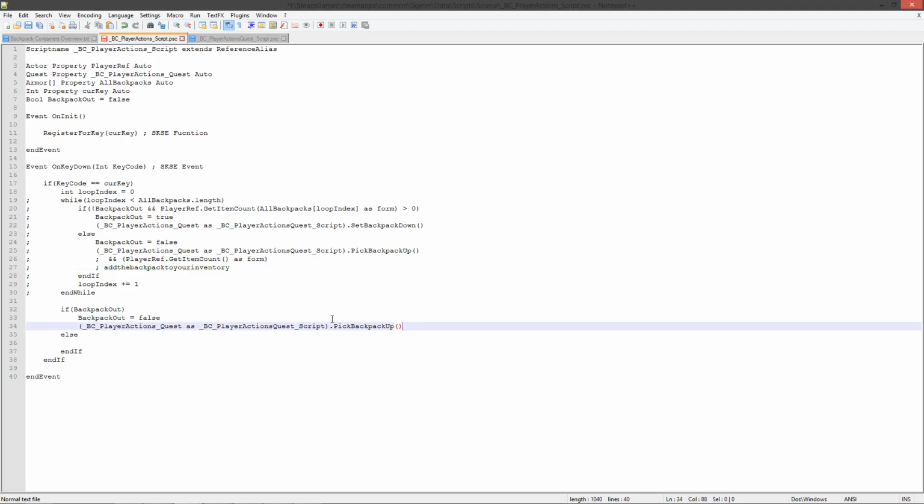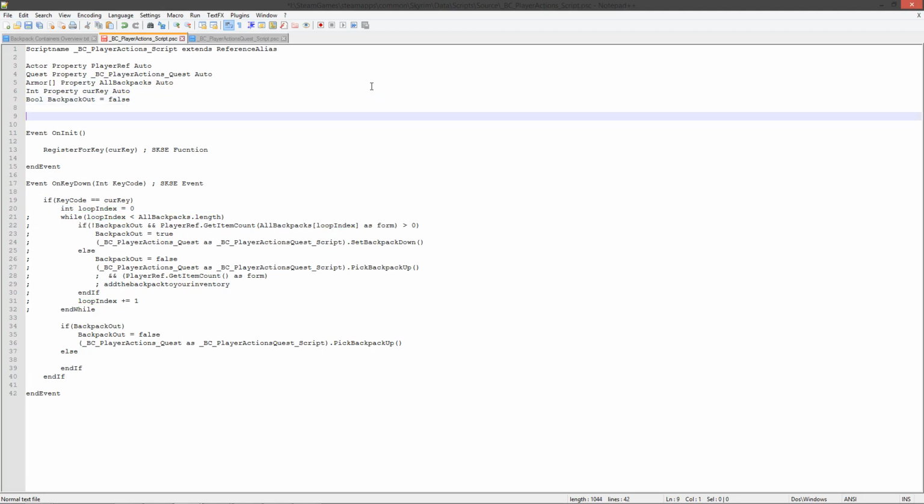Oh, right. Okay, so which backpack are we picking up? There's a lot of different backpacks. So what I was going to do is save this loop index as the thing that tells you which backpack you're picking up. But we need to make that a property so that we can attain it later. Oh, actually, it doesn't need to be a property. It can be just outside of all of these functions. So we go int which backpack,